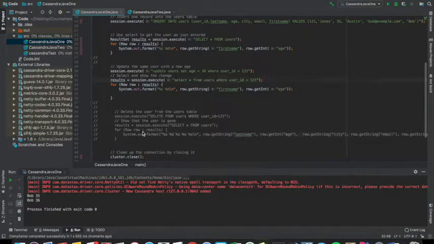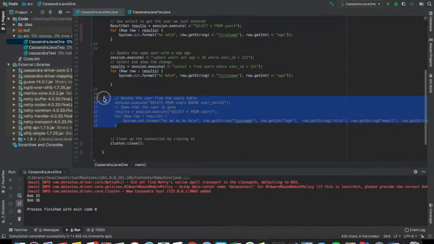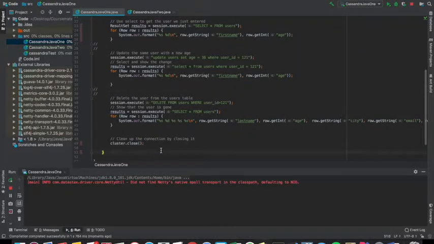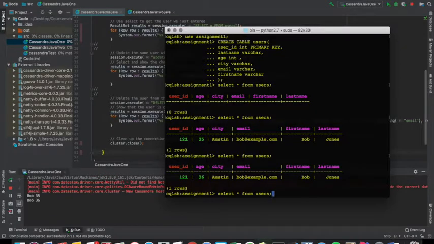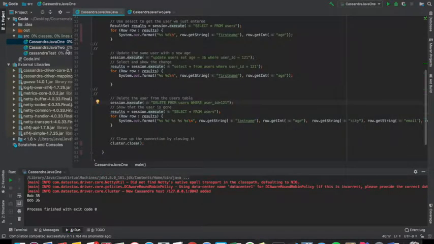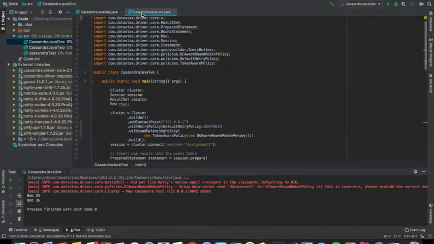It's updated. Similarly, I will just uncomment the delete and run it again to show you that it has deleted. Okay, let me just see that. Yes, so we have deleted the row successfully. So this is the first part. As we go to the second part of the tutorial,